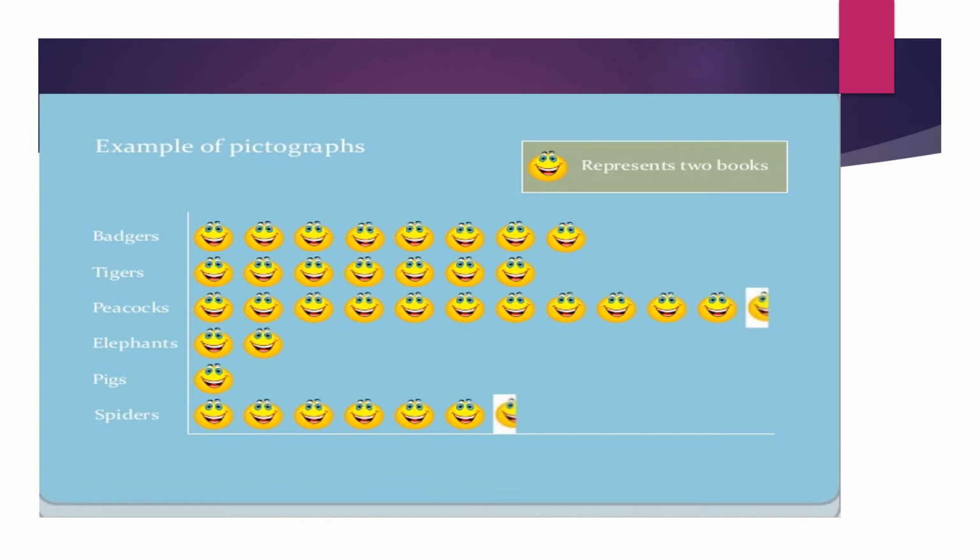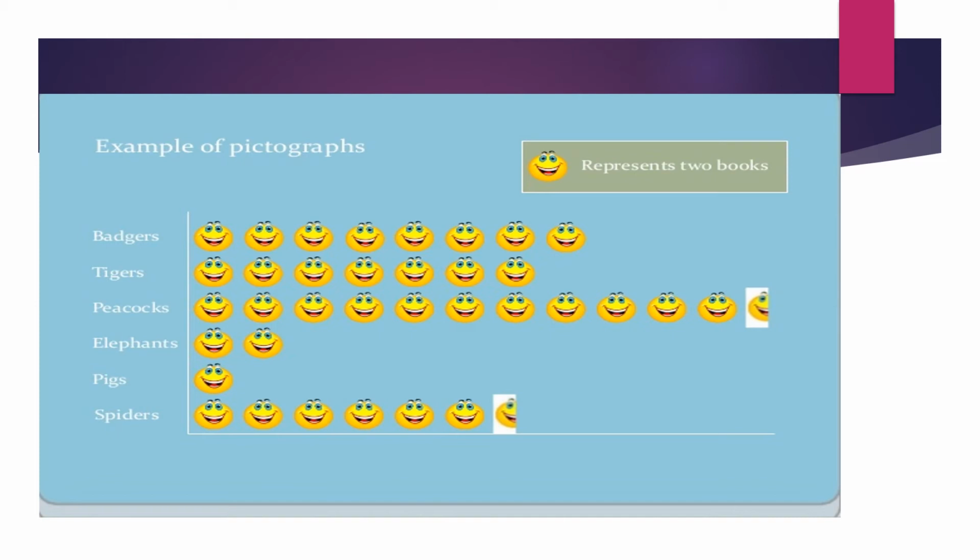The tally marks which we have just seen before, this is the pictograph for the same. Here one smiley represents two books. So how many books have badgers read? 1, 2, 3, 4, 5, 6, 7, 8. 8 into 2, that is 16 books. Then tiger, 7 into 2, 14 books.